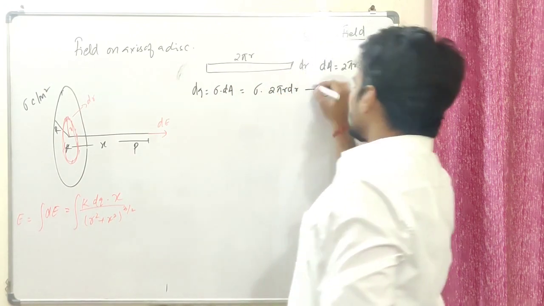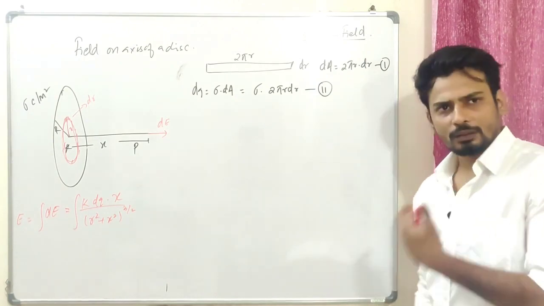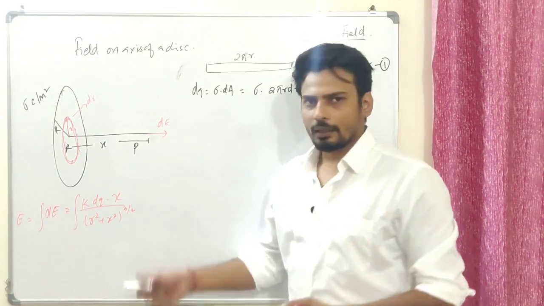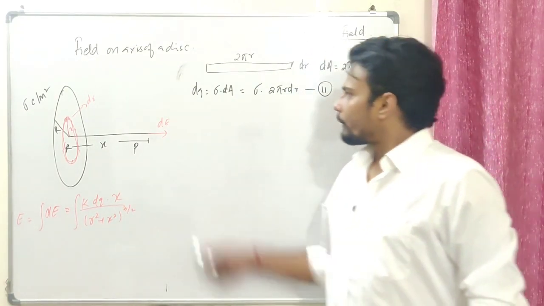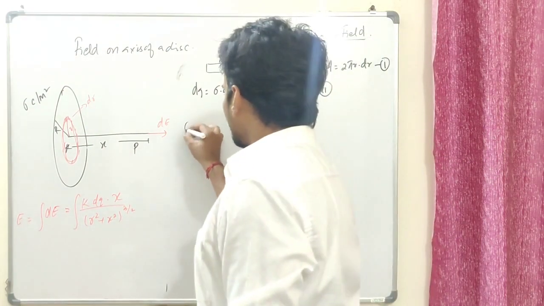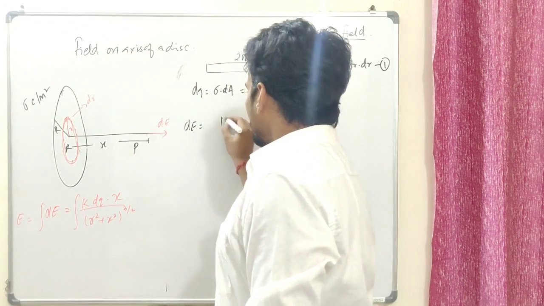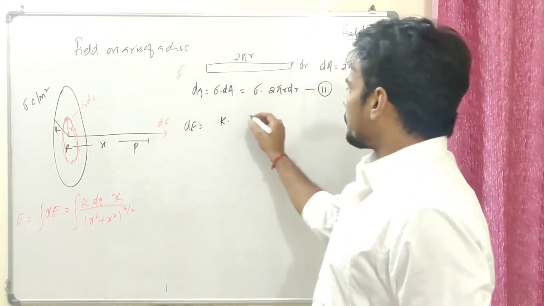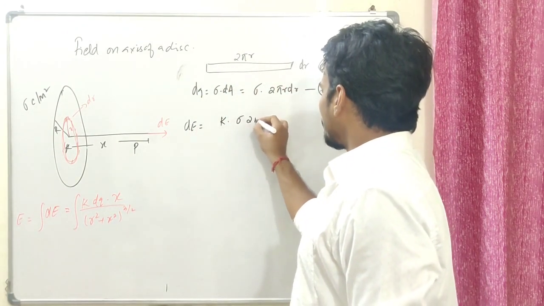I hope it's clear to all of you, right? You can pause the video, you can go back from the beginning, you can see what I've done so far. Well, this is a very clear step. I'm going to find the dq. Now let's try and find the value of dE. dE should be k dq. I'm going to put the values properly, guys. Do not make a mistake over here.